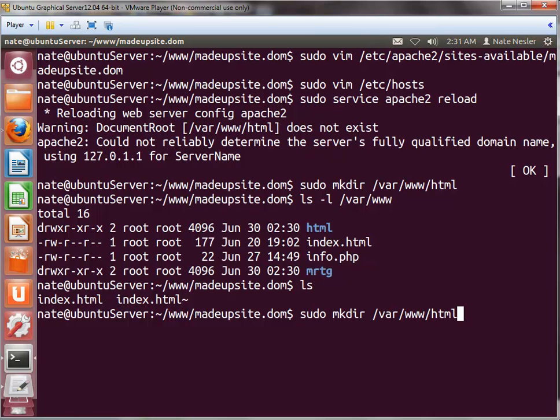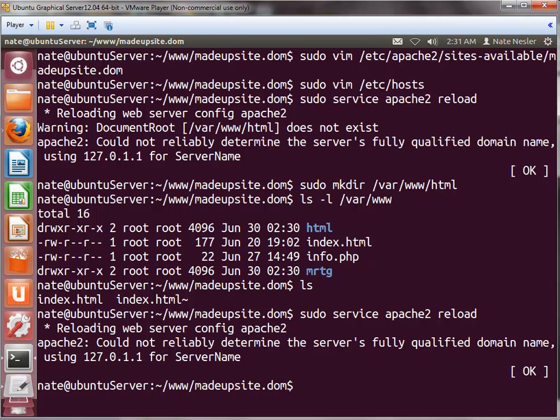And then if we just run reload again, it'll automatically call graceful, and bam, now you no longer have that error there. So that's how you get rid of that. So anyways, it's that simple. I put it into the default one because I just didn't want to be in